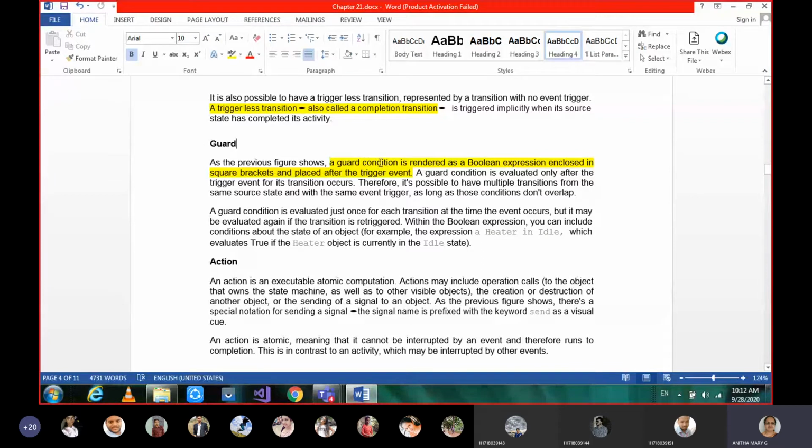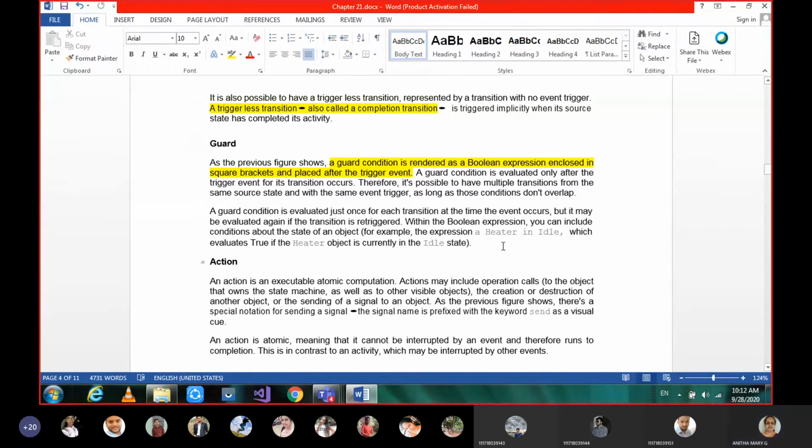So that condition can be a Boolean expression which can be enclosed in square brackets and placed after the trigger event. If any guard condition is satisfied, okay, then it is going to fire that event and that event will occur. Or else maybe if it is not satisfying, maybe it takes the other flow.